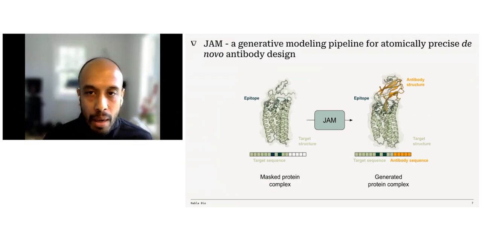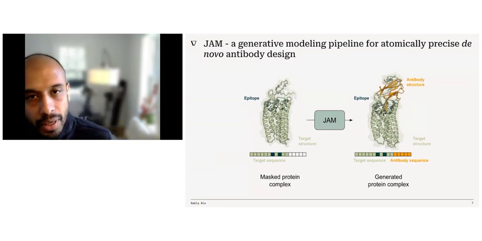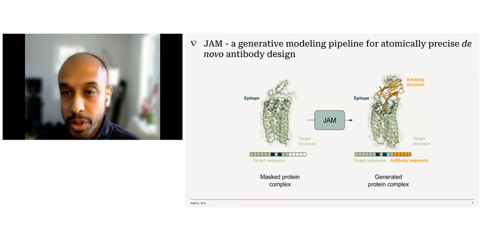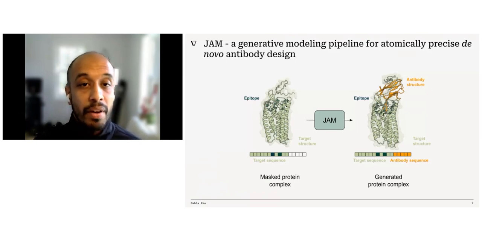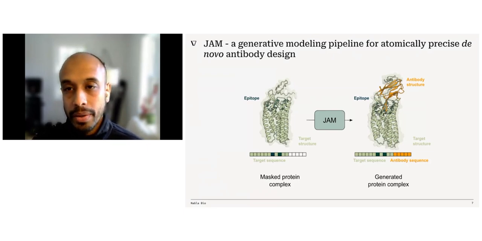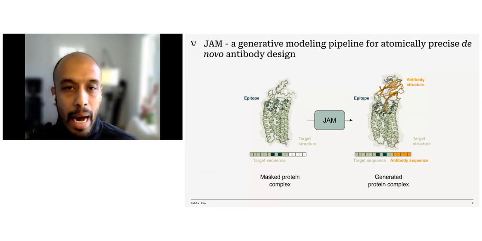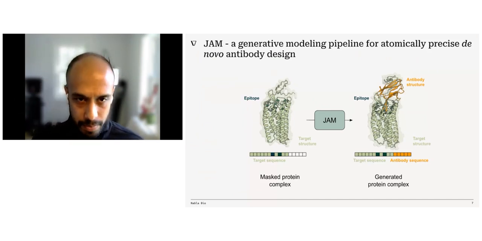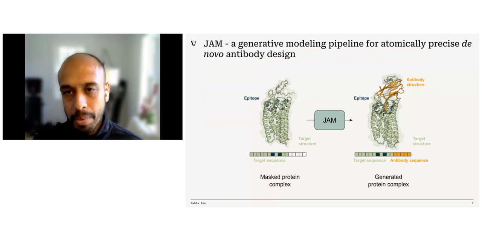So at Nabla, we've been developing a generative modeling pipeline, which we call JAM. And this is not something we have been discussing the methods behind, so I'll focus a little bit more on the input and output of this model. But before I dive into the pipeline itself, I just want to define what I mean by de novo